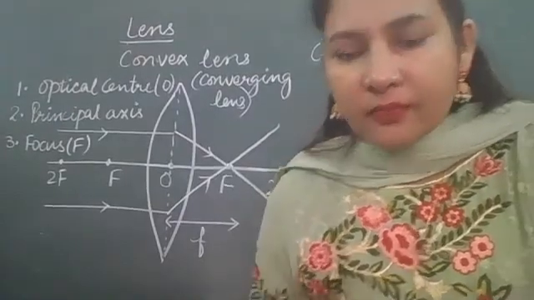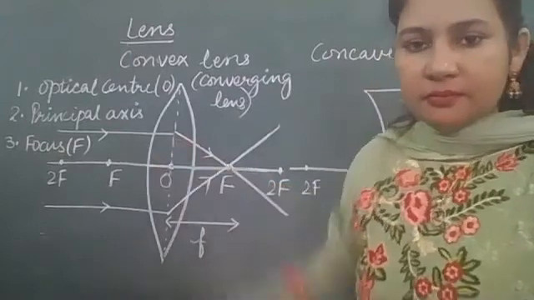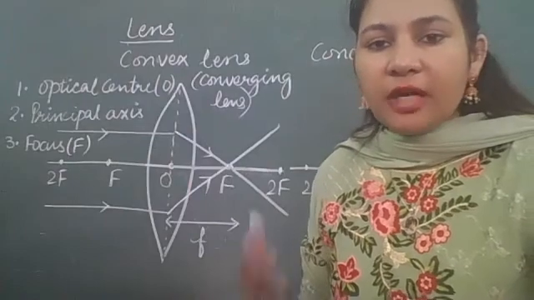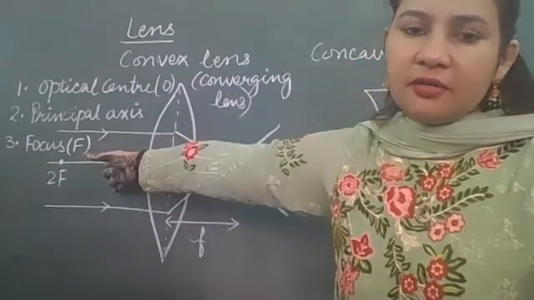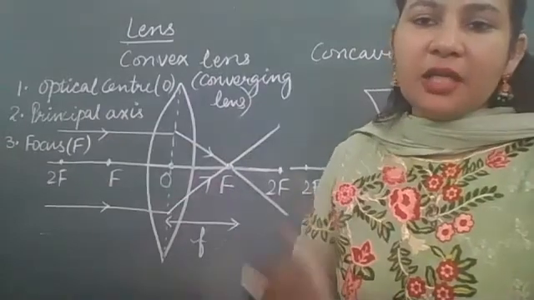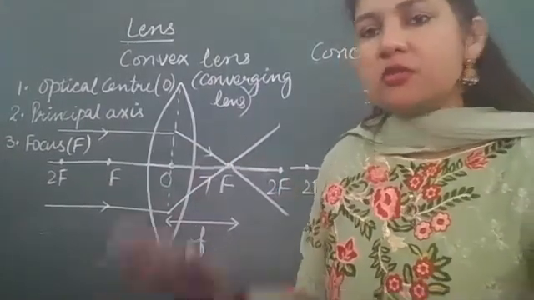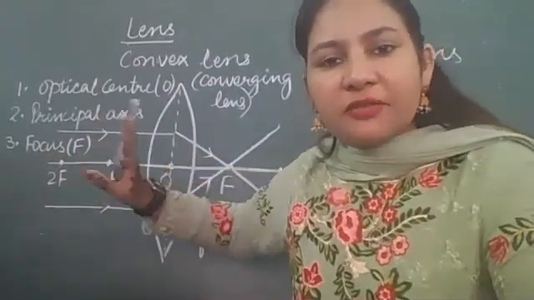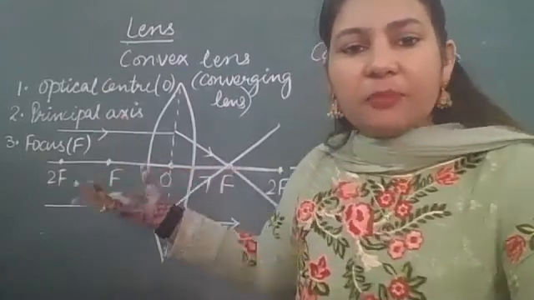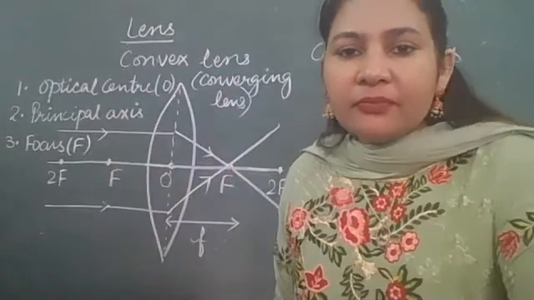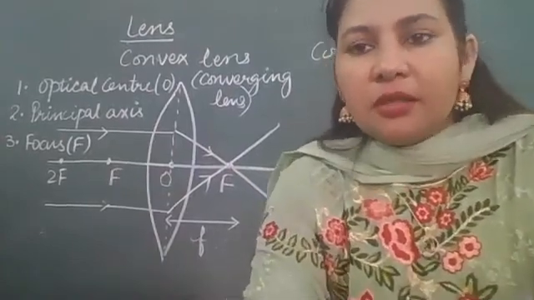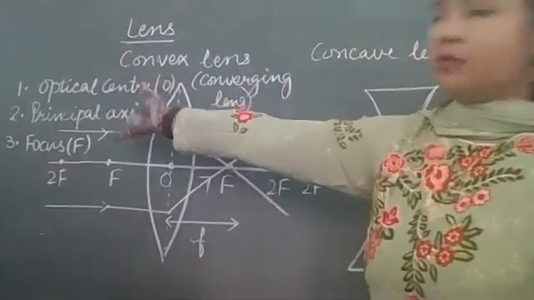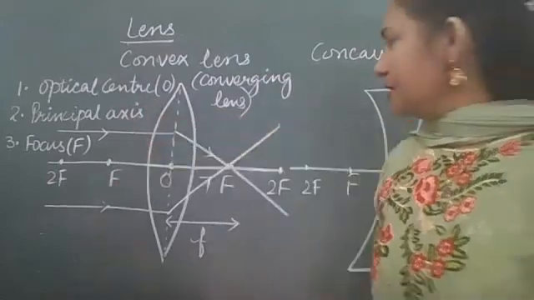Mam, if we take the parallel ray in the ray diagram from the right side, then it will meet at the focus on the other side. But you know, where do we keep the object? Always on the left. Otherwise you will get confused, someone takes it on the left, someone on the right. You will see in the books also, the object is always kept on the left hand side. Otherwise all the sign conventions will change. If you keep the object on this side, everything will change and how will you memorize? So always remember that we will keep the object on the left hand side. We have to assume the object on that side.